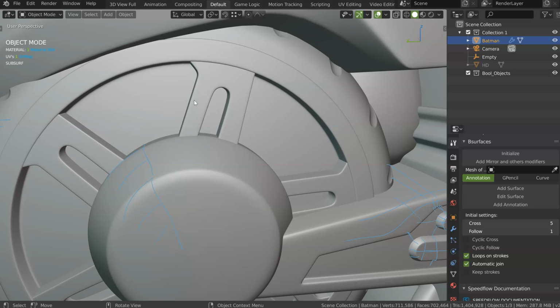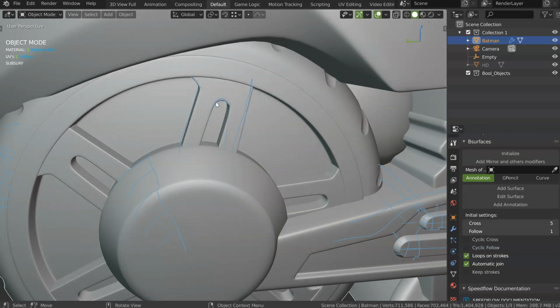So for example, for this one, I will have created a plane like that. I will add solidify. I will add, let's see, another plane, but with the bevel, add this round part, and a boolean. Like that, and once I'm okay, what I can do is, let's see, apply the boolean.